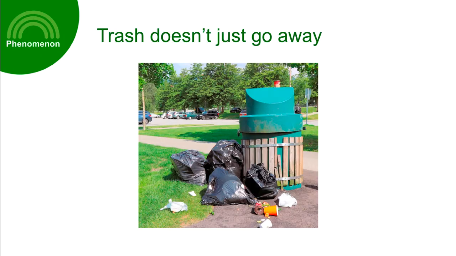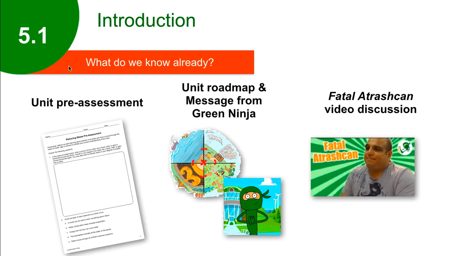That's why when we get to our main phenomenon for this section of lessons, it's trash doesn't just go away. There's that cross-cutting concept. In our introductory lesson, 5.1, we figure out what we know already and build on that. We're going to do our unit pre-assessment. Then we examine our unit roadmap, trying to predict the different topics that we're going to cover. We get a visit from Green Ninja, who gives us our unit challenge to reduce waste and pollution. And then we watch a video from Green Ninja called Fatal a Trash Can and discuss some of the issues